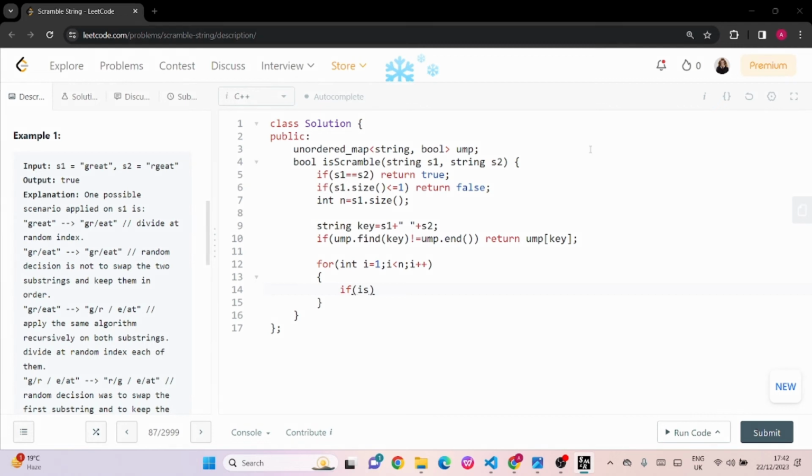So let's say we have GR and EAT, and for S2 we have RG and then EAT. So we are storing it as GREAT space RGEAT, and then we will check that